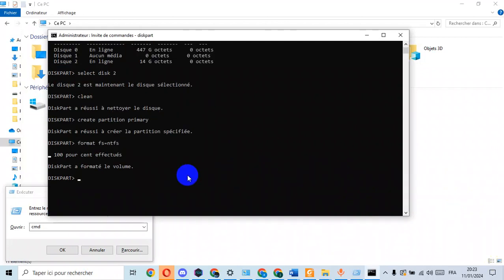So now type exit, enter. And here you have it,